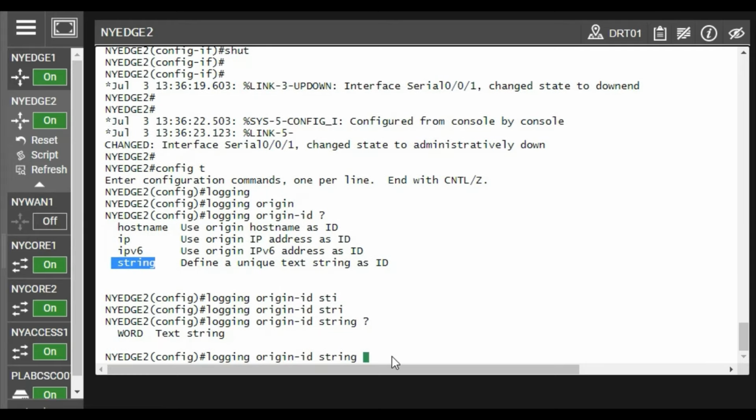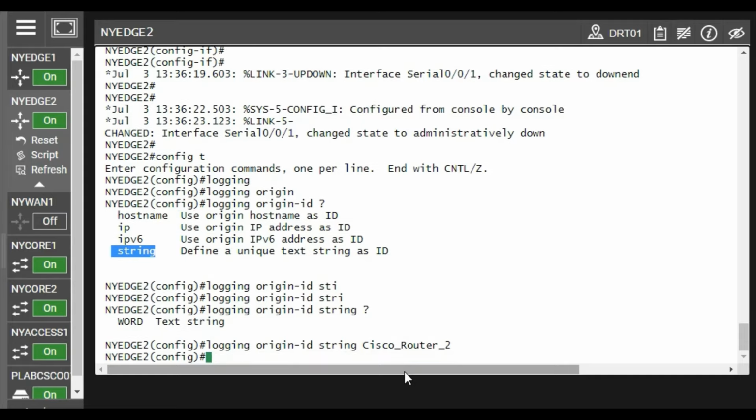Give a specific word which can be recalled easily, and you can give a name as per your choice. I have given Cisco router 2.